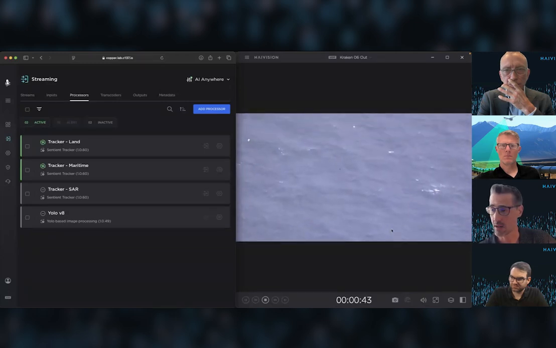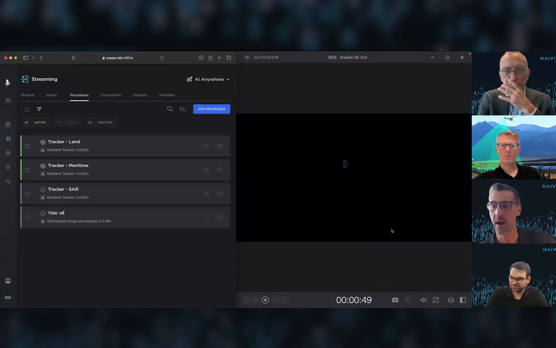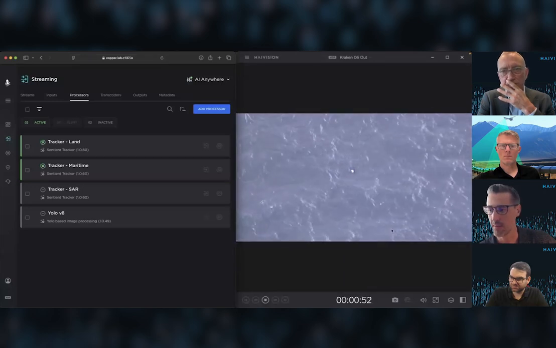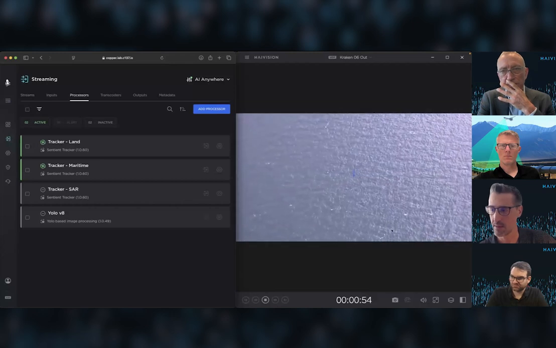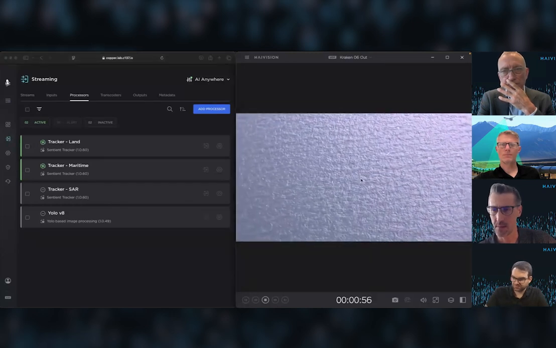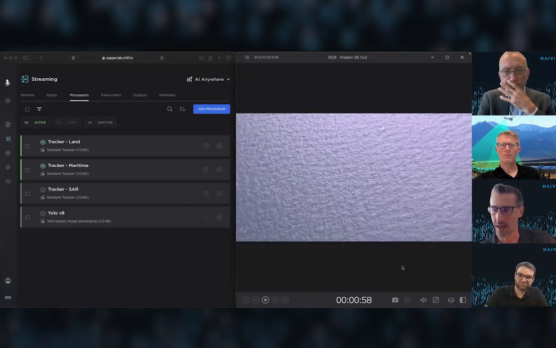We got our detection, and then zooming in again, we can see that we get that detection again. And again, we find that thing that's on top of water after it stabilizes for a second. So all of this, this ability to tune the analytic